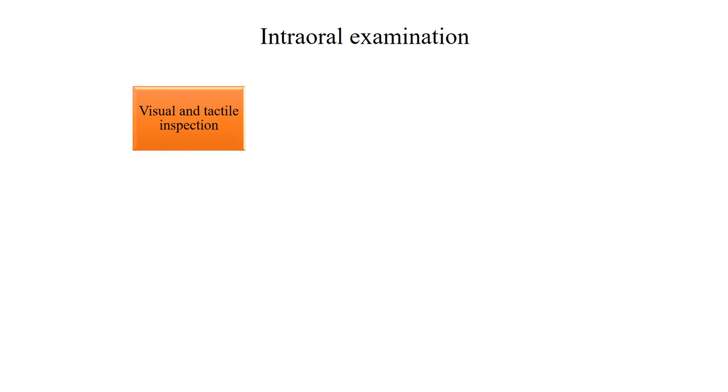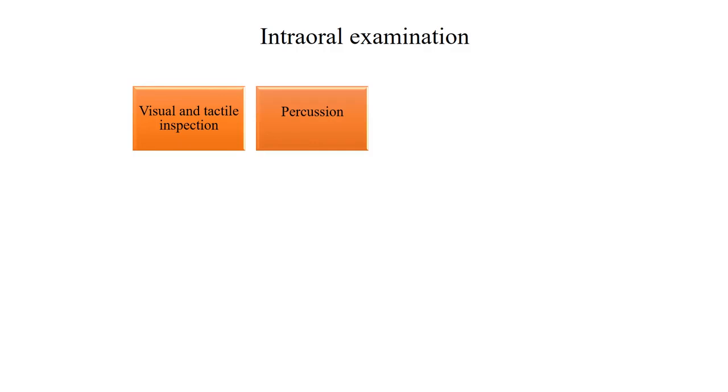So the first is visual and tactile inspection. Look for any signs of caries, trauma, swelling, etc. in the oral cavity, and palpate the tooth, that is tactile inspection. Sometimes the patient may have so much pain because of apical periodontitis or apical abscess. You don't have to go to the next step, that is percussion, because if you percuss that tooth, it will result in severe pain. That is why first you should palpate digitally and then only go over to percussion.